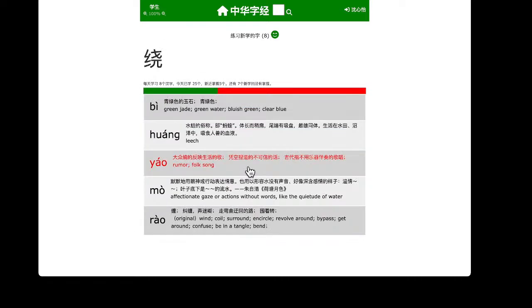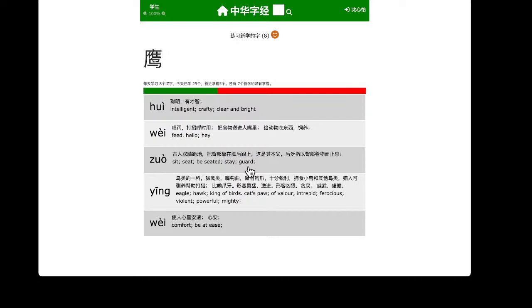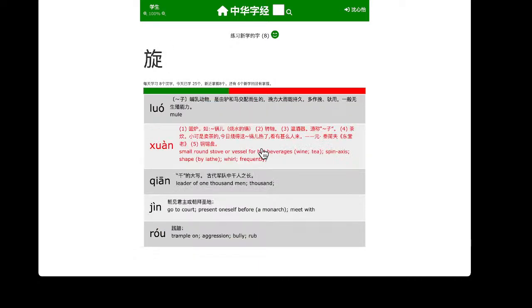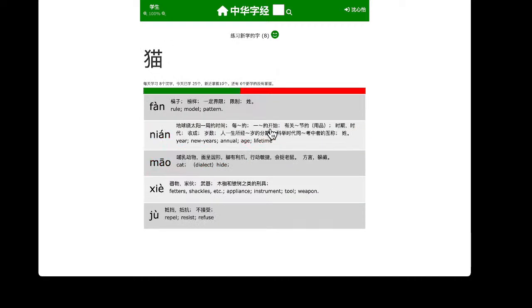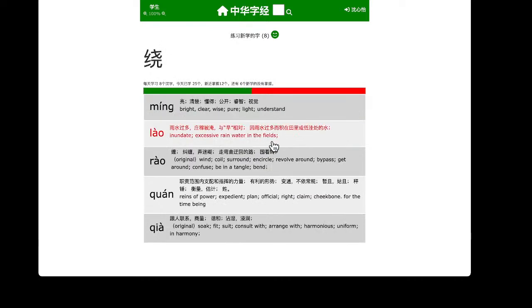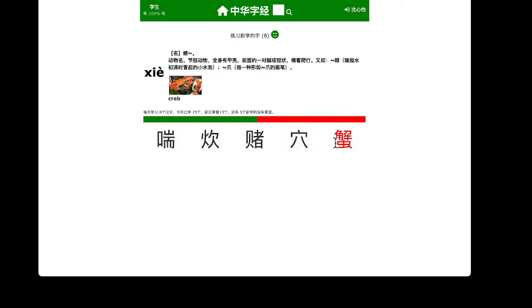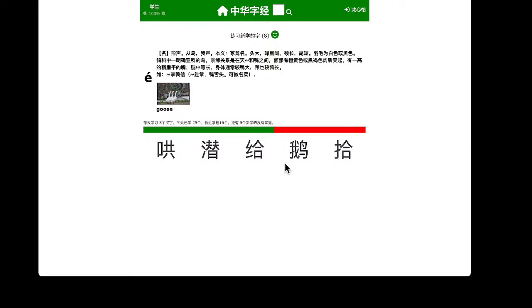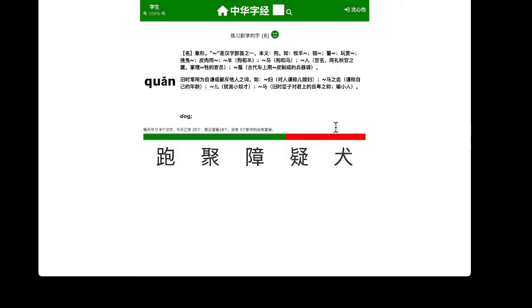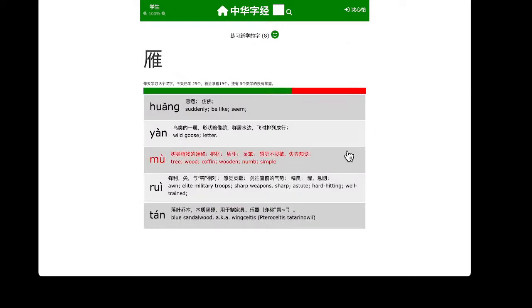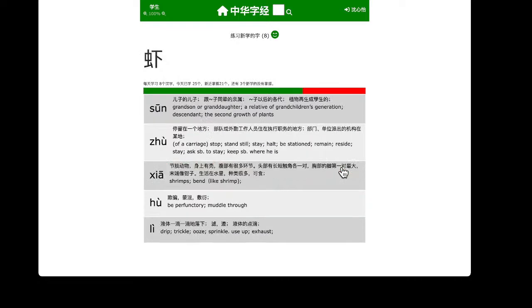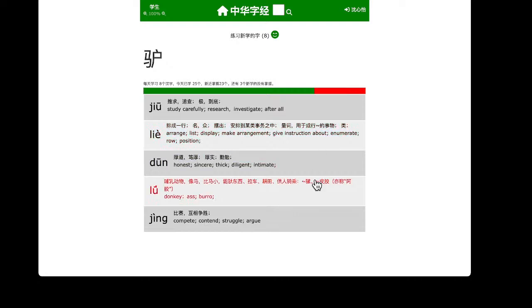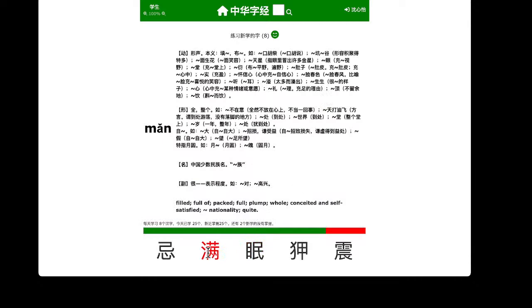Including yesterday's characters as well. This one. 蟹猪鹅托犬骡满群